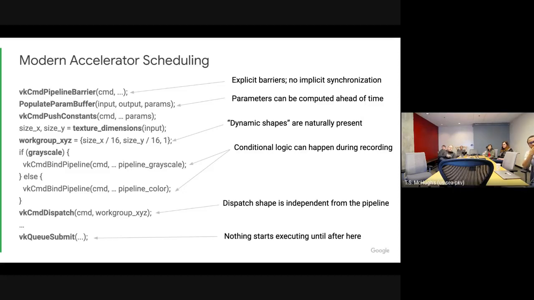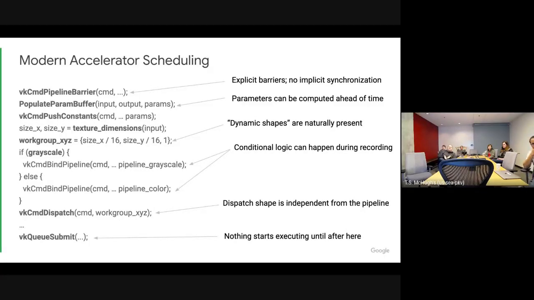In this example, the little grayscale flag: I'm not having to wait until I execute to decide which of these next pipelines I should execute. I'm able to record that directly into the command buffer. The ability to conditionally encode different commands is really important.